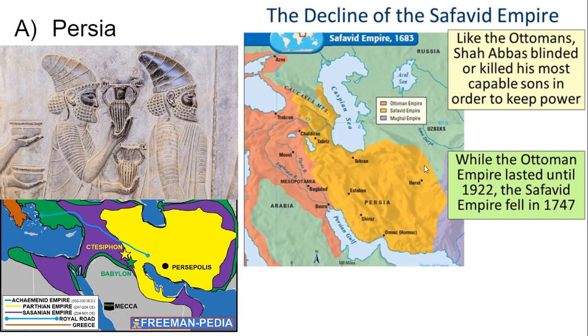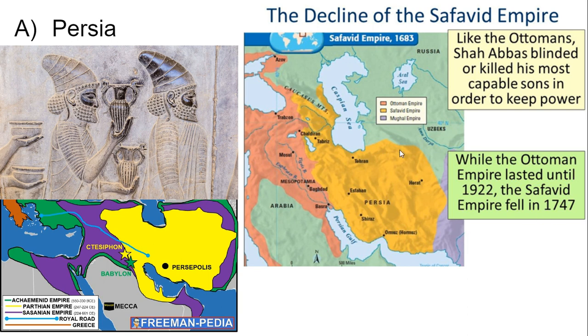Persia is going to fall under the sway of the British during this time period. You, of course, remember that the Persians are an ancient society going all the way back to Cyrus the Great and the Achaemenid Empire. We've also had a variety of other Persian empires that we've talked about: your Sassanid Empire, and then the last one was the Safavids. We talked about the Safavids with our gunpowder empires. So they've been declining and they fell in